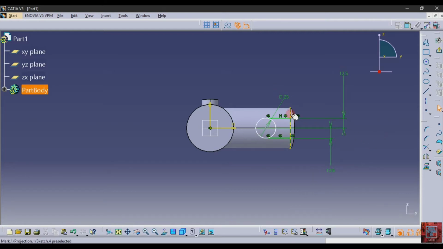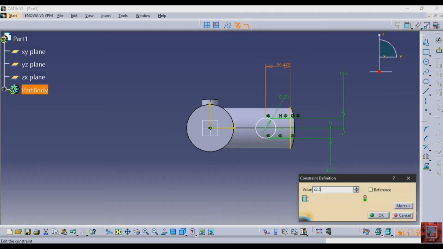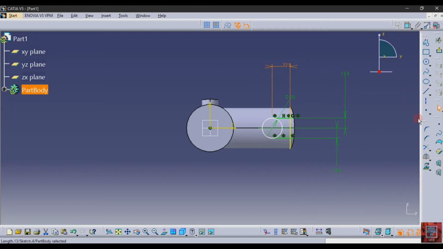So this hole is ready, and the length of this line is 22.5. After that trim the extra part. Do not delete this reference line, just trim it. Trim from this side, then exit sketch.